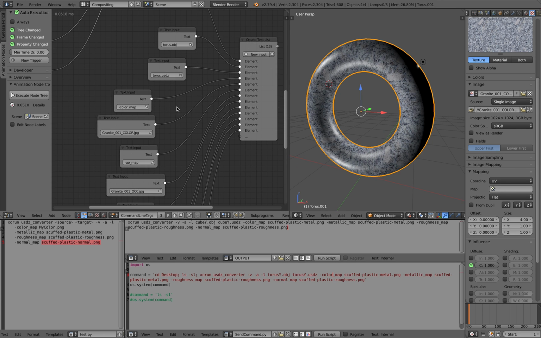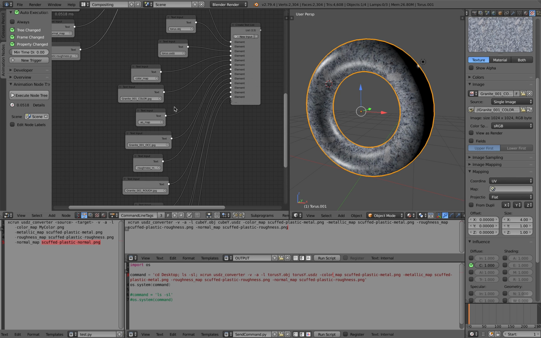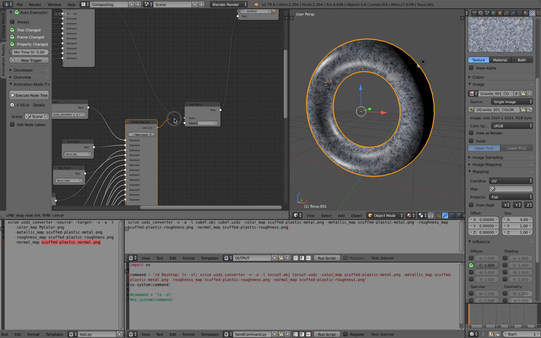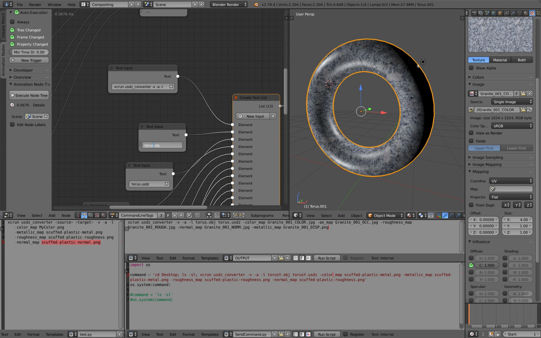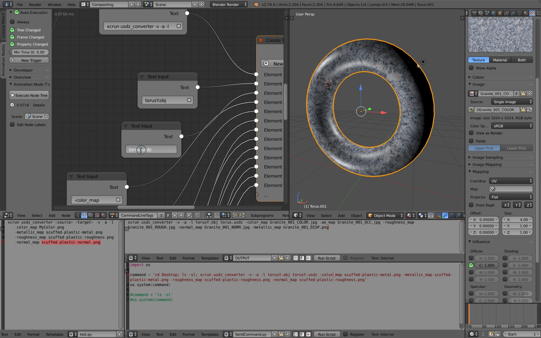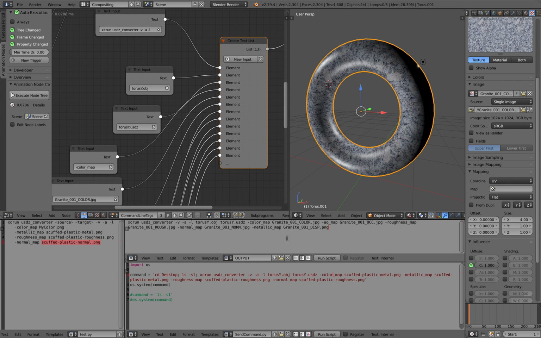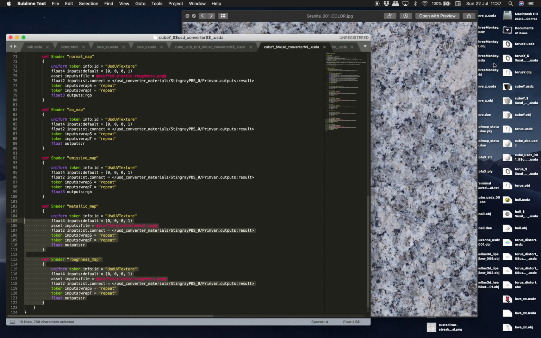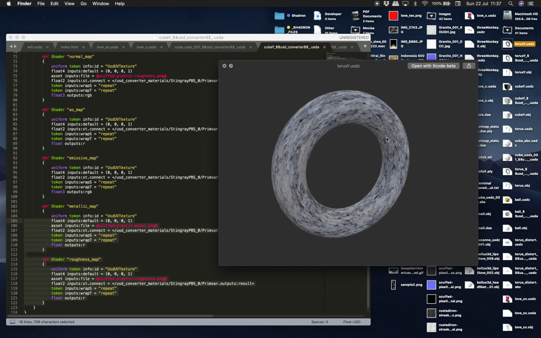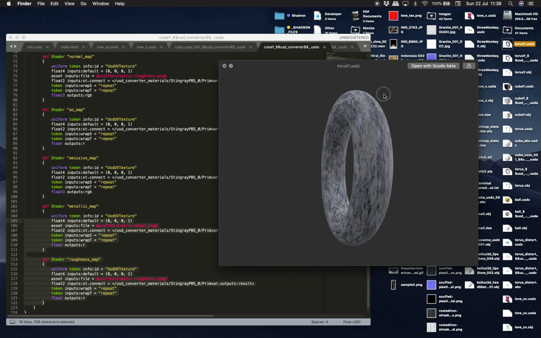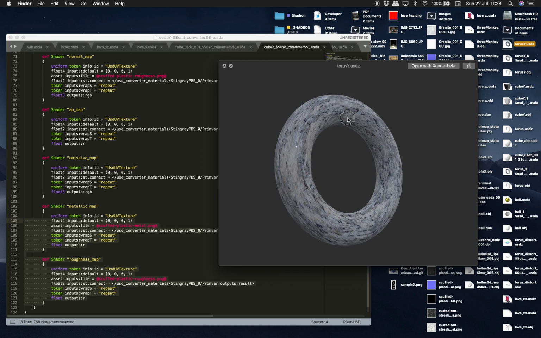granite very easily here. I have another setup with the granite already been assigned, and all I need to do is just plug this into this guy, and then this is the torus. Okay, I will be using the torus y object, and the output is going to be torus y, and copy, paste into this guy, and run the script, and then very soon I will be getting torus y USDZ. Even though the texture is stretched, I need to scale the texture or something, change the mapping, but we